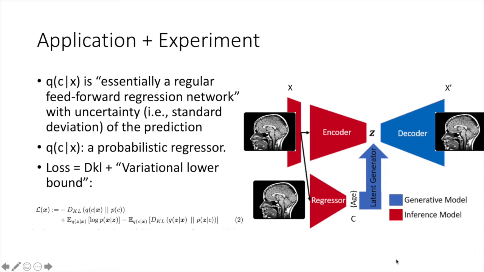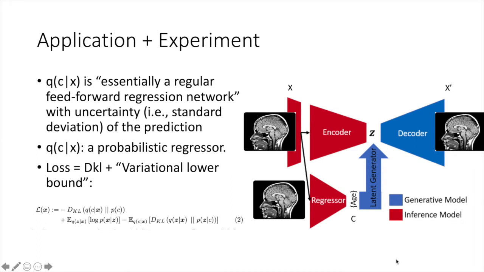And so here, q of c given x is the regressor network, essentially a feed-forward regression network with the prediction and its uncertainty as outputs. And so therefore, q c given x is a probabilistic regressor. And we're going to just use a regular loss, which is slightly modified to include this probabilistic regressor and the